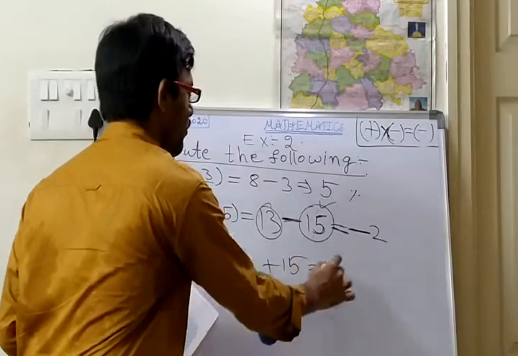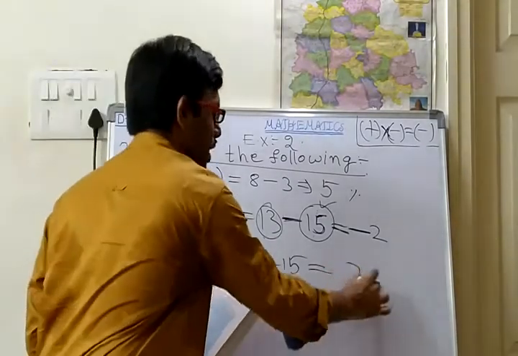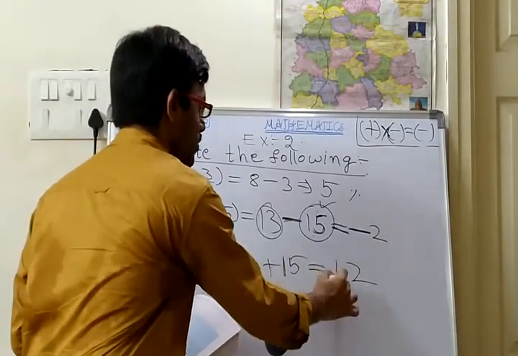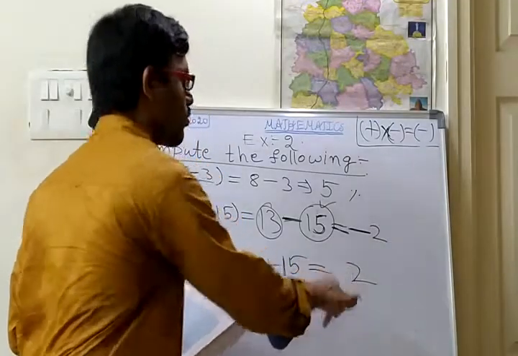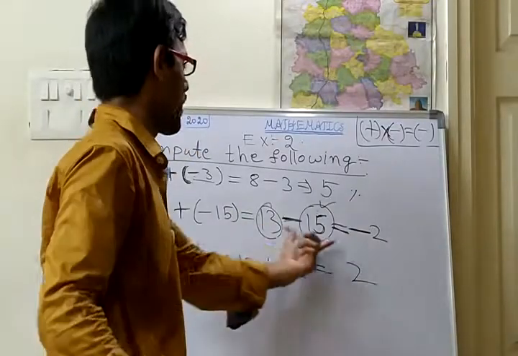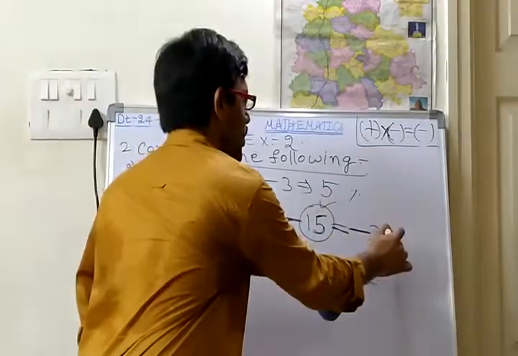So at this time what do you have to do? The two are opposite symbols, so you should subtract. After subtracting, for the greatest number, which symbol is there? Plus is there. So plus 2 you should keep. So if you are not keeping it also, no problem. Okay, like that. So like this you have to do. So 13 minus 15 is minus 2. Just this much only you have to do. Okay, this is the answer.